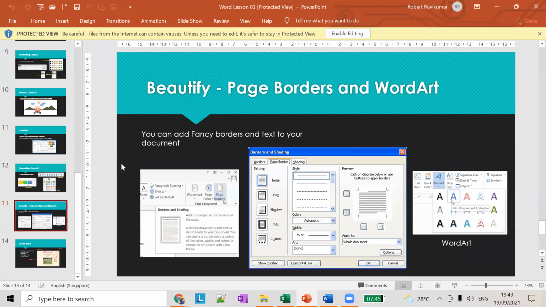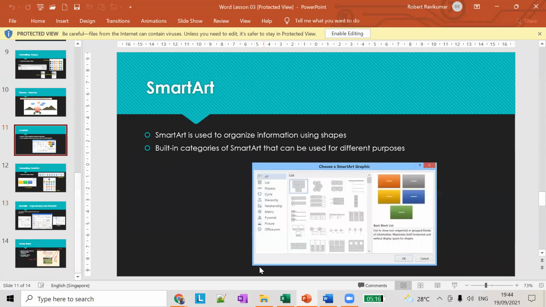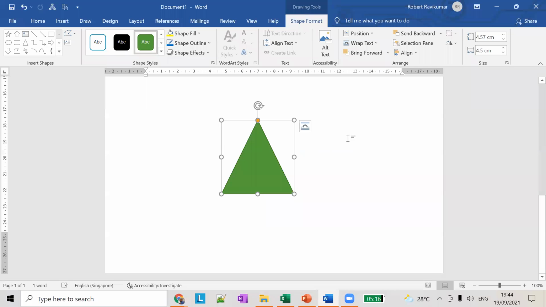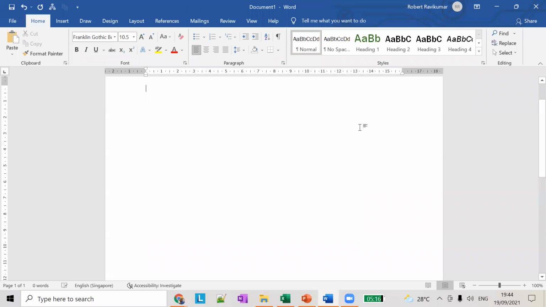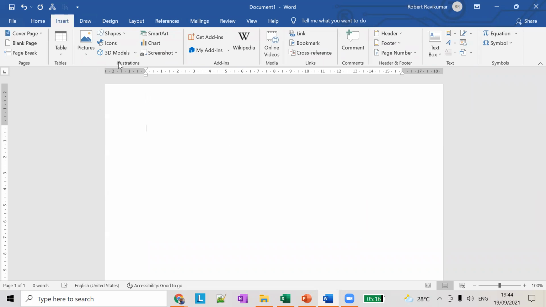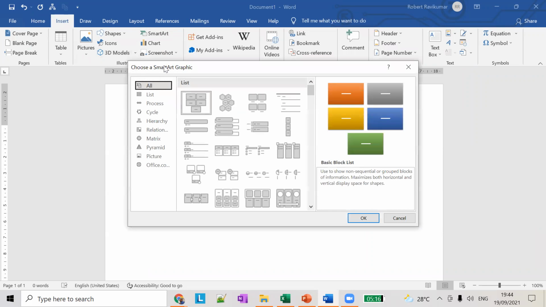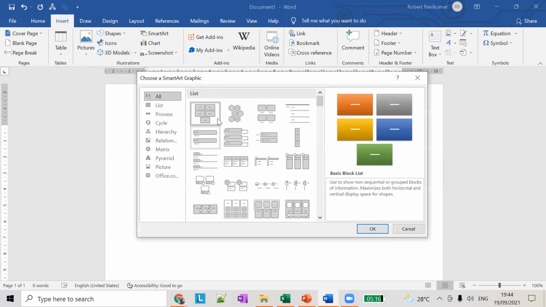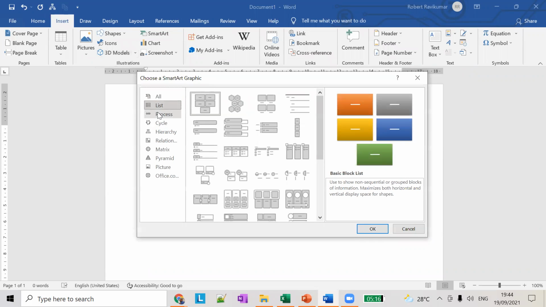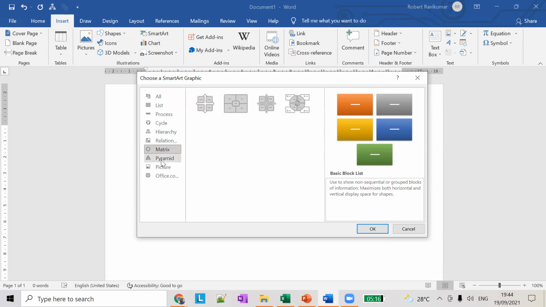So go to insert and click on smart art. You'll see a window that is opened. In this window you have different options available, different types of smart art.